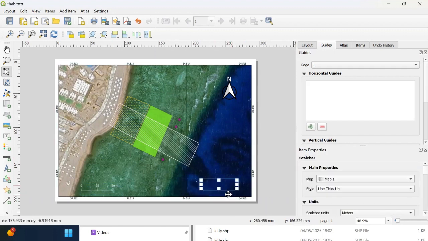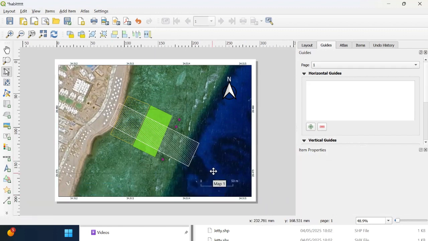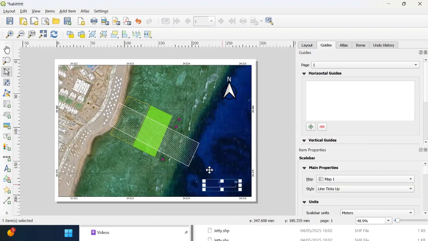Okay, have it here. Let's get it up right now. And what else we need to add? We need to add